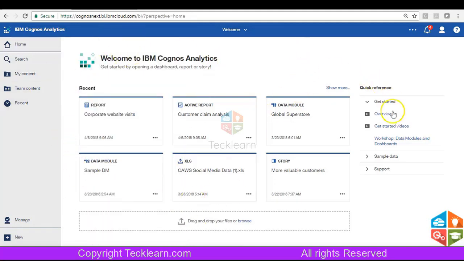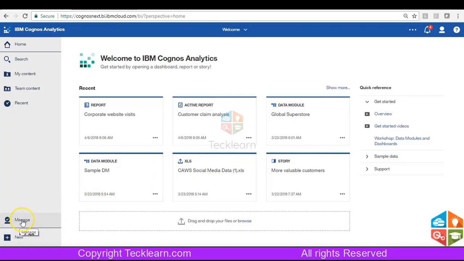Plus you also have the recently opened things here, and in Cognos Analytics we have the option to upload your files. So you can directly upload an Excel or a CSV file and use it for creating your dashboards. Here you have some videos to get started with Cognos Analytics, the sample videos provided by IBM, some sample workbooks, everything that gives you details about Cognos Analytics.